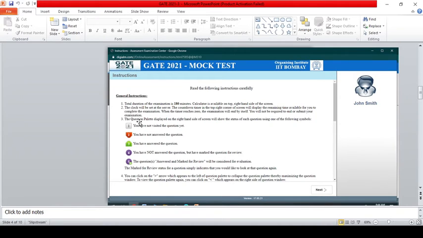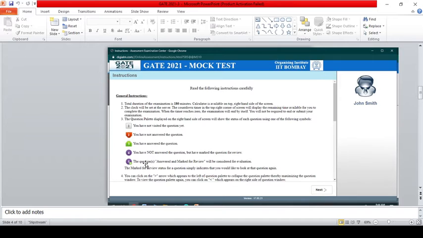The question palette is a very important thing, because many people will click something wrong without knowing it. So I'll explain this clearly now. This means you have not visited the question yet. This orange color button says you have visited the question but you don't know the correct answer for it. This green color means you know the correct answer for sure, so you're clicking. People will get confused by the third one and the fifth one.